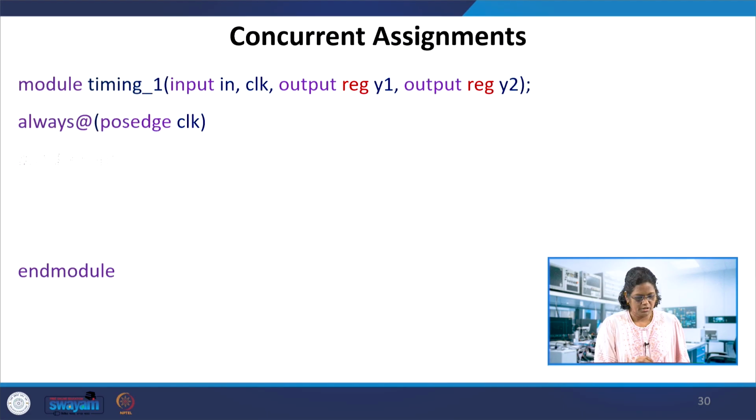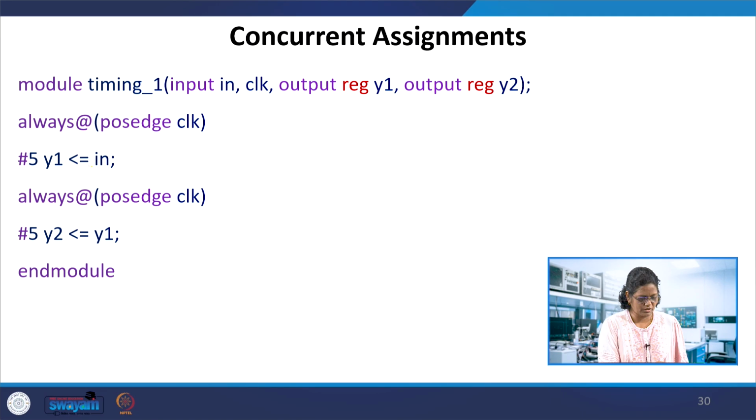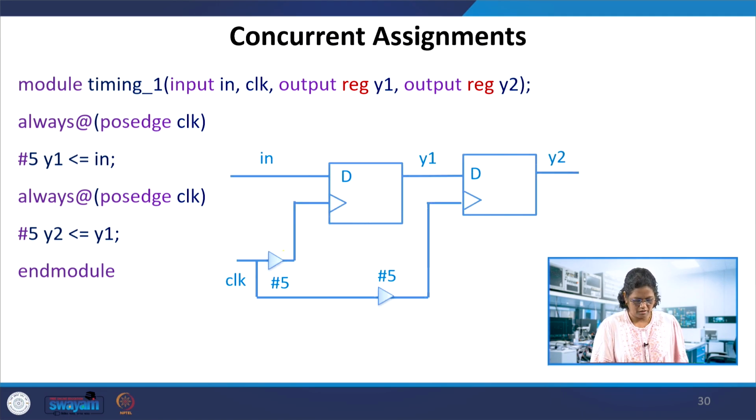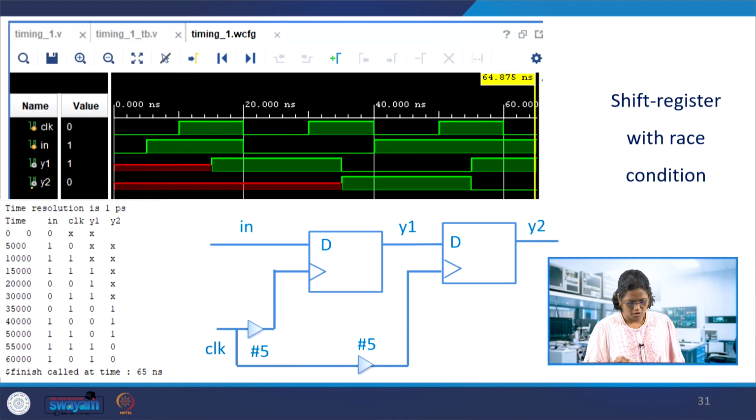So the concurrent assignment with the non-blocking and delayed evaluation. So this is the passage of the clocks. We have the same with the non-blocking statement. In this case again the clock is delayed because the evaluation is delayed by 5 time units, and this is also a 5 time units delayed clock, but because of the non-blocking assignment, the value is determinate, which is stored, and then this would be sampling the previous value at the same time. Okay, so because of the non-blocking condition, it forms the shift register.